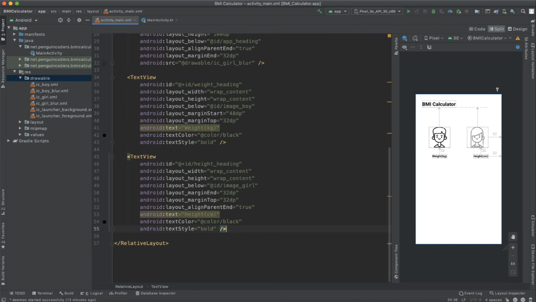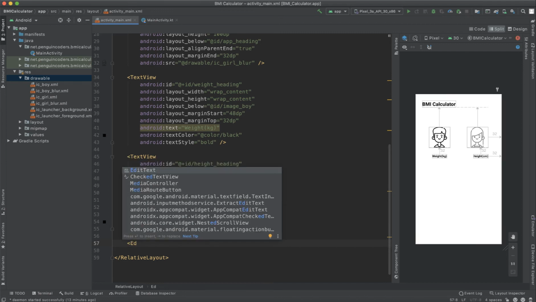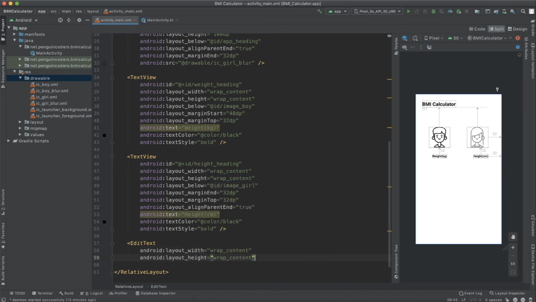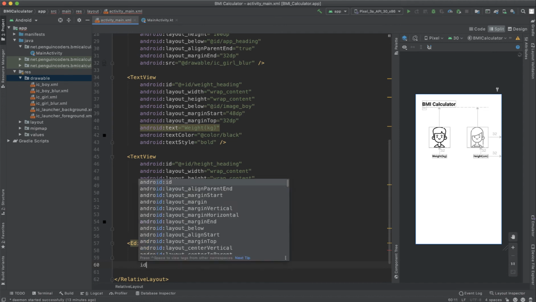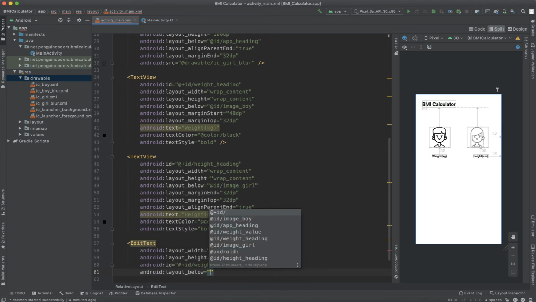So this is done. Now we will have to write two edit text options to actually get the weight and the height values. So edit text, height and width are wrap content. Then we will put an id, so id equals new id slash weight value, and then we have our layout below, so we will keep it below our text heading, so below weight heading.